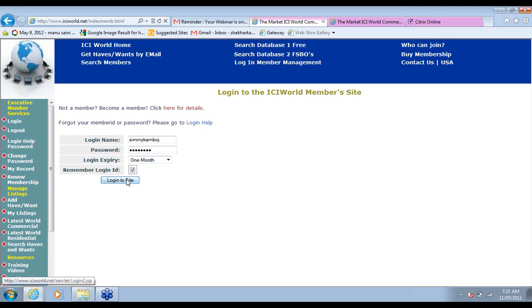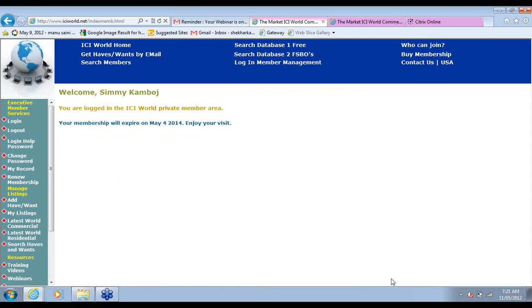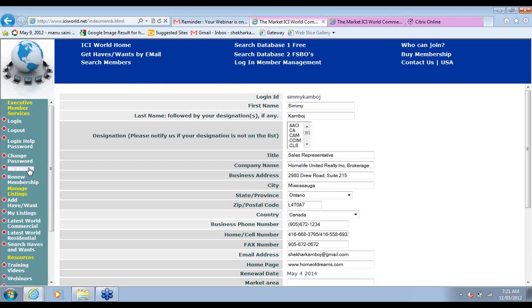Click on Login to Site. And you can actually remember the information down there at the bottom. Very good. Click on Yes. Okay, so you're now logged in. And the first thing we can look at is this button over here that's called My Record. Let's go into that, My Record. And you'll see that the login as ID is Simi. Now, I can personally change that after we hang up today. I will change the login name and put yourself down there. But you can go ahead and change your name here now.